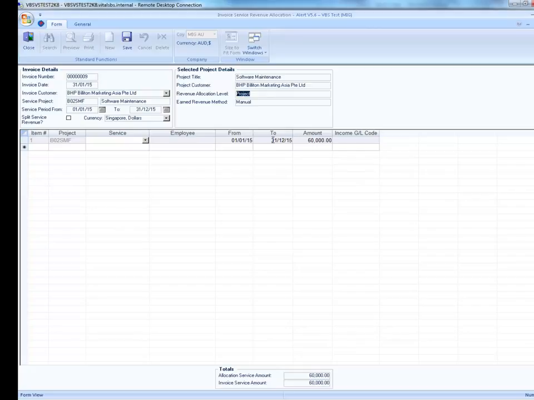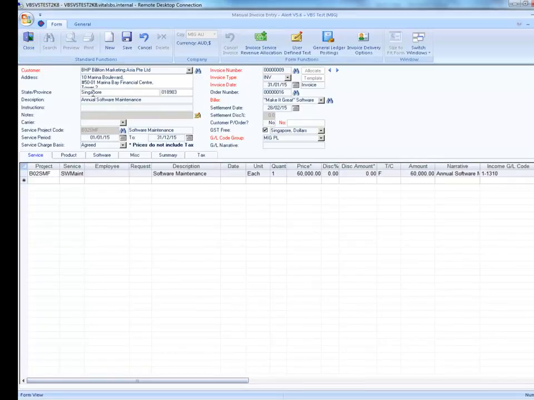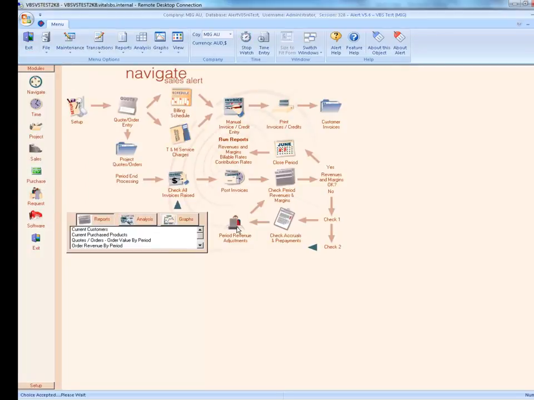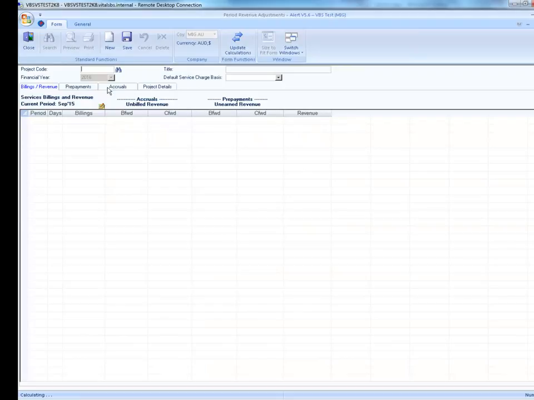Alert will always attempt to update invoice service revenue allocation details from the customer order for generated invoices, including the service from and service to dates. The invoice service revenue allocation details will now be visible in the period revenue adjustments form, where Alert brings together the calculation of revenue for each project. Call up the same project,